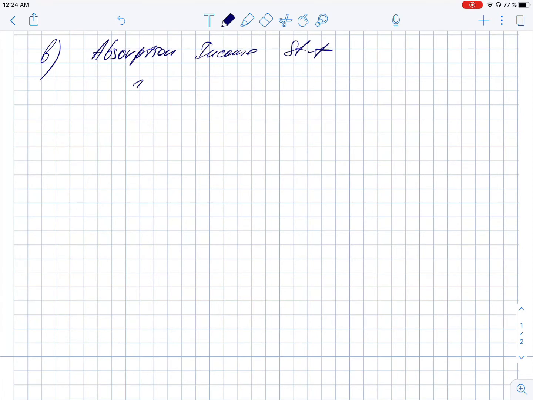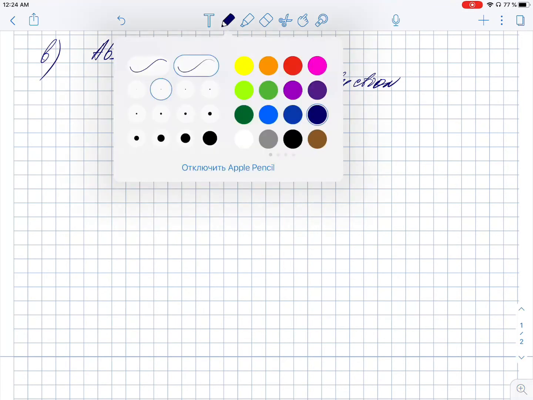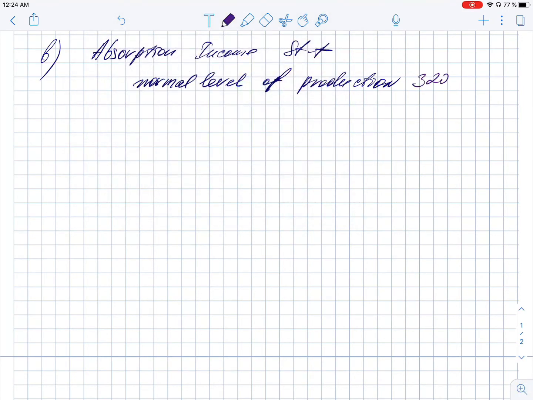The normal level of production here for the year equals 320,000 units. That means that per 1 quarter, company produces